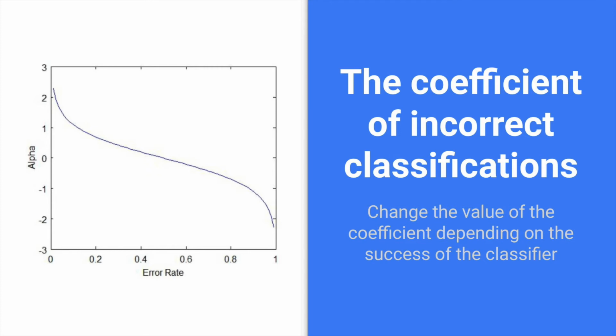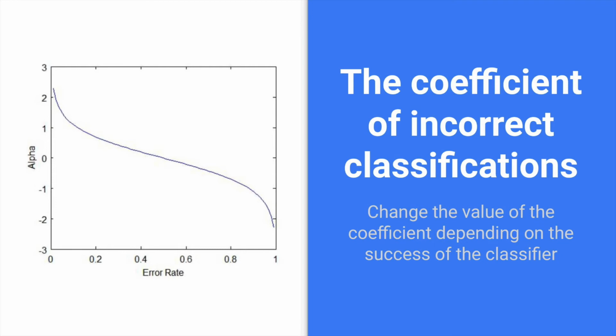Note that when the basic algorithm works well or does not have any wrong classification, it leads to an error of 0 and a relatively high value of C. When the base classifier classifies half of the points correctly, and half incorrectly, the value of the coefficient C will be equal to 0 because this classifier is no better than random guessing with a probability of 50%. And in the case where the base classifier constantly gives incorrect results, the value of the coefficient C will become quite negative.